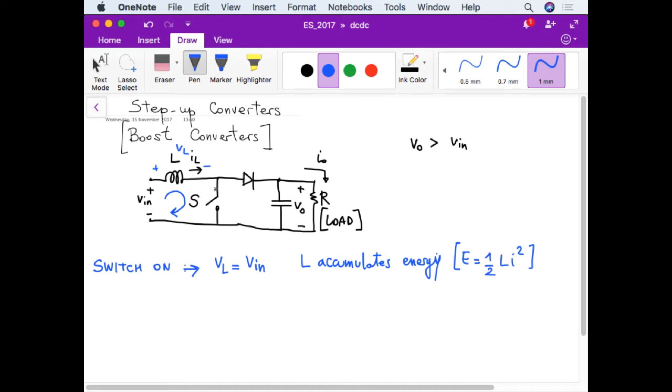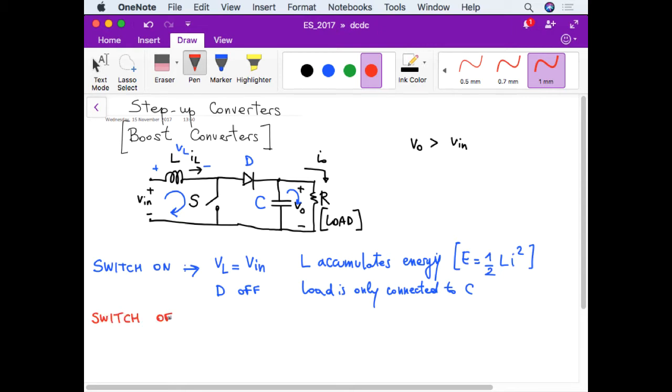On the other hand, the diode D is off because the cathode is at 0 voltage since the switch is on, and this means that the load is only connected to the capacitor C. Okay? The load is only connected to C, which means that we have the capacitor which discharges through the load. Okay? Now we have the other phase when the switch is